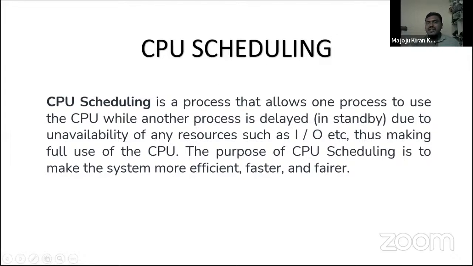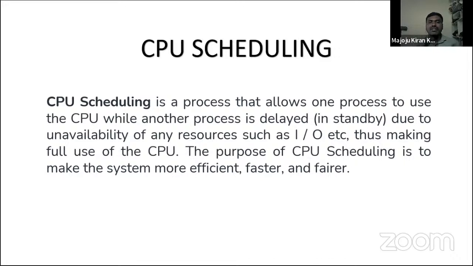Here CPU scheduling is a process that allows one process to be executed while the CPU is executing any other process. For example, there are multiple processes in the ready queue, but we cannot run all the processes simultaneously. We can run only one process at a time. Even though all the processes are loaded into the main memory, it doesn't mean that all the processes can be run simultaneously. So there should be a